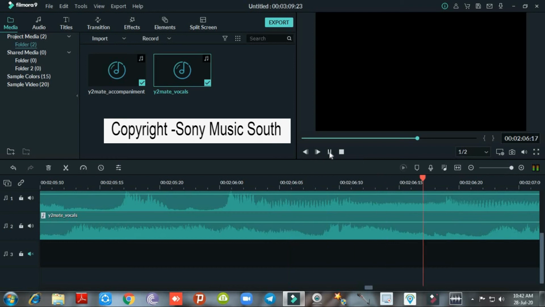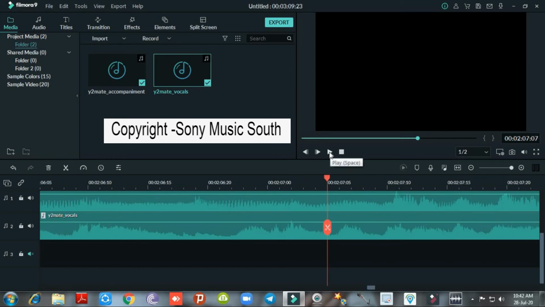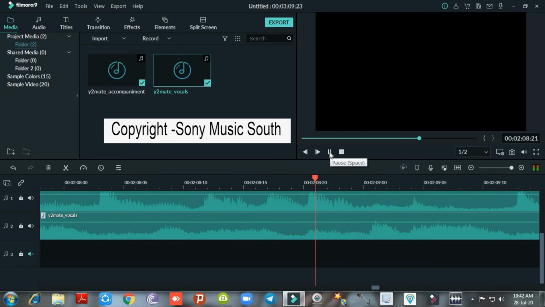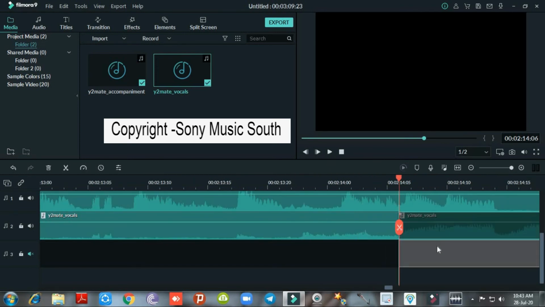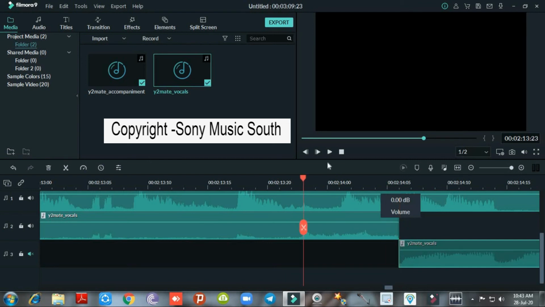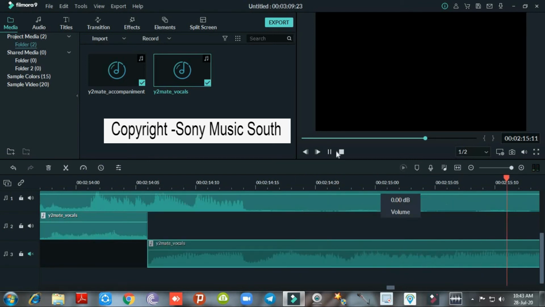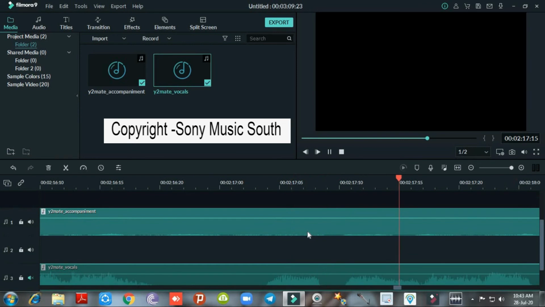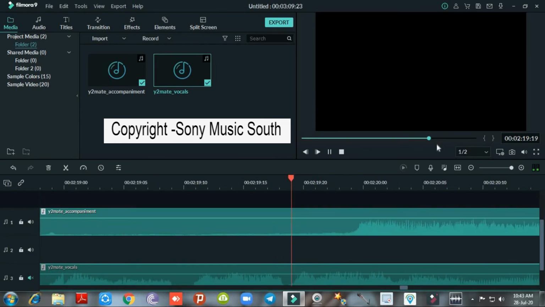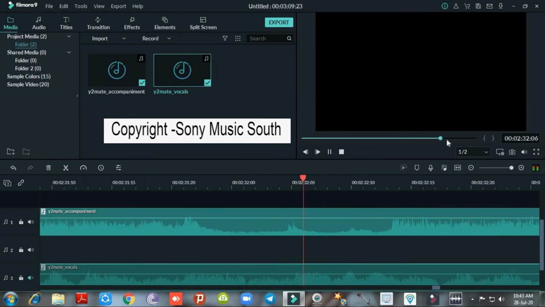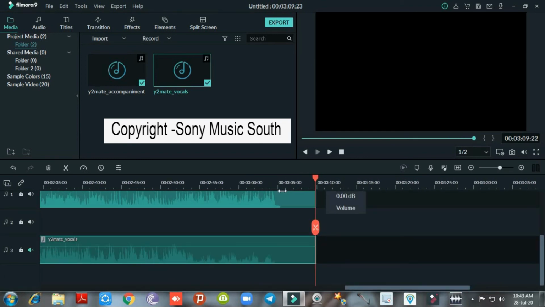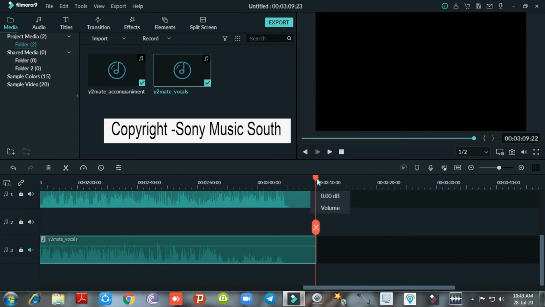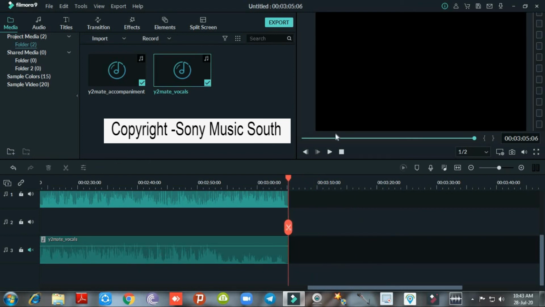And even this end also I'll cut. Even this end also I'll cut. Here again boy's words started. So I'll take this. See, again boy's voice is gone. Only girl's voice will come. And even the background music will come now. And here also some gap is there. Now I'll delete even that gap. I don't need it. Okay, I have deleted.